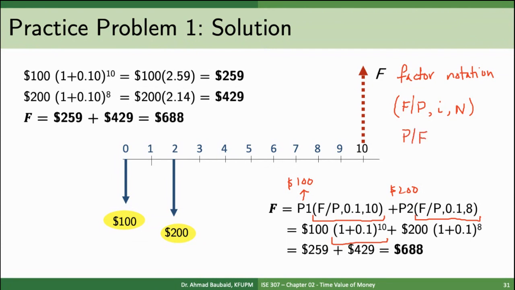Then it's the exact opposite. Maybe you're given an F, the future value, and you need to go back in time to find what is the present value. And so then the factor is going to look a little bit different. Okay? One reason for writing it like this is because, at least in the past, calculators weren't so ubiquitous, we didn't have them all over the place, we had to use tables for these things. So instead of plugging this formula into a calculator,